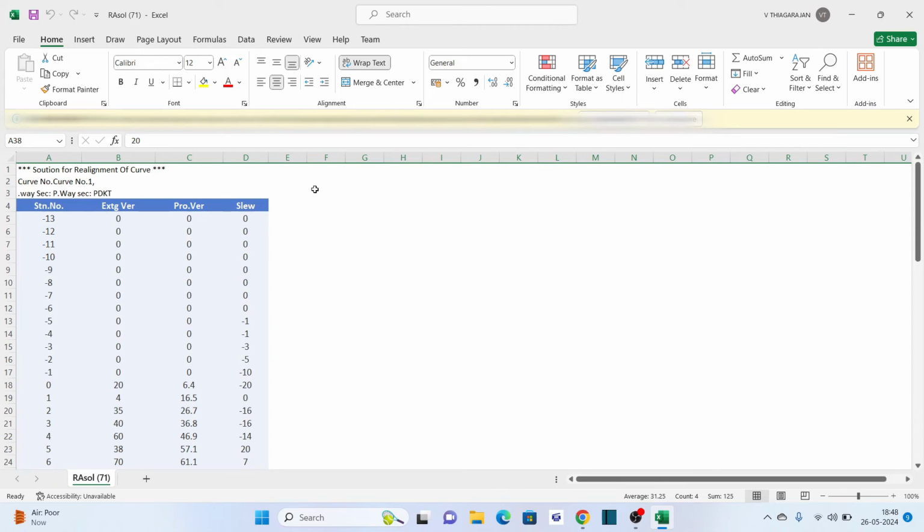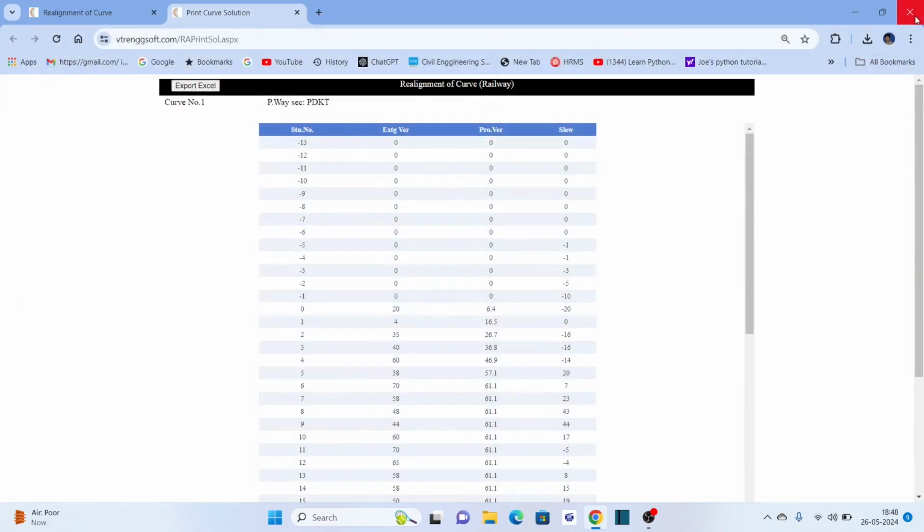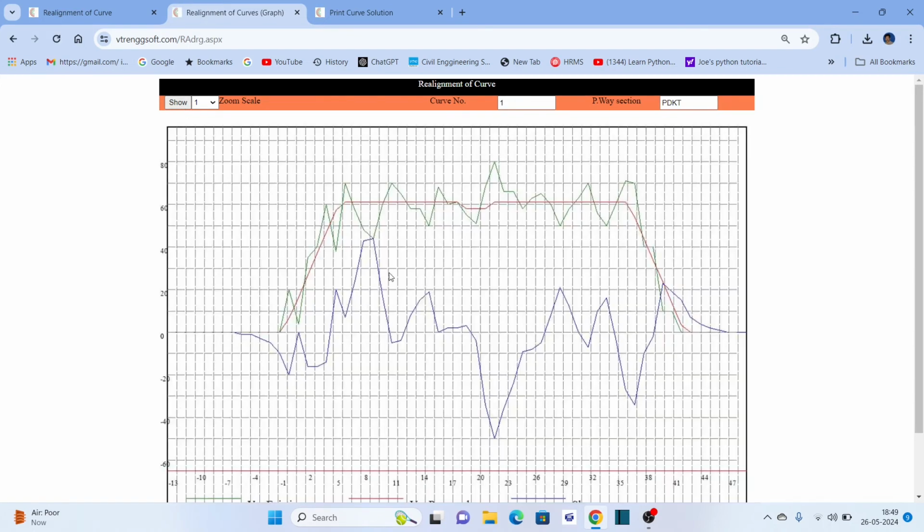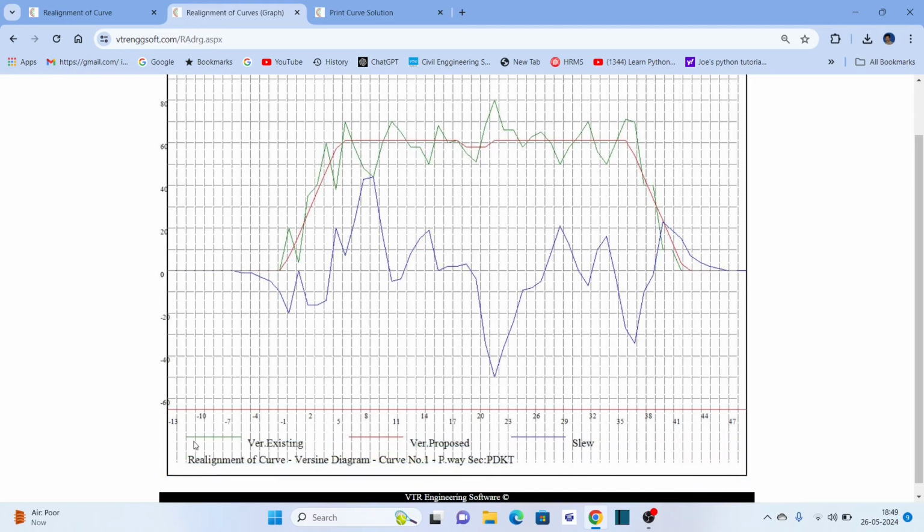Okay, let us close this one. Similarly, we can go to the home page, this one, and if we want to see the graph also, you can click this button, graph, just for viewing. Review this in graphical form. So now the green one is the version existing, and the red one is the version proposed, and